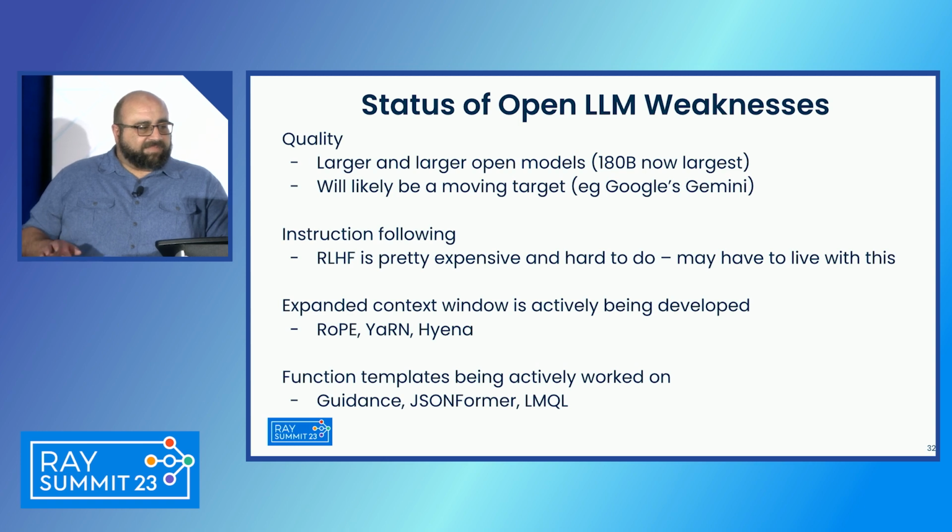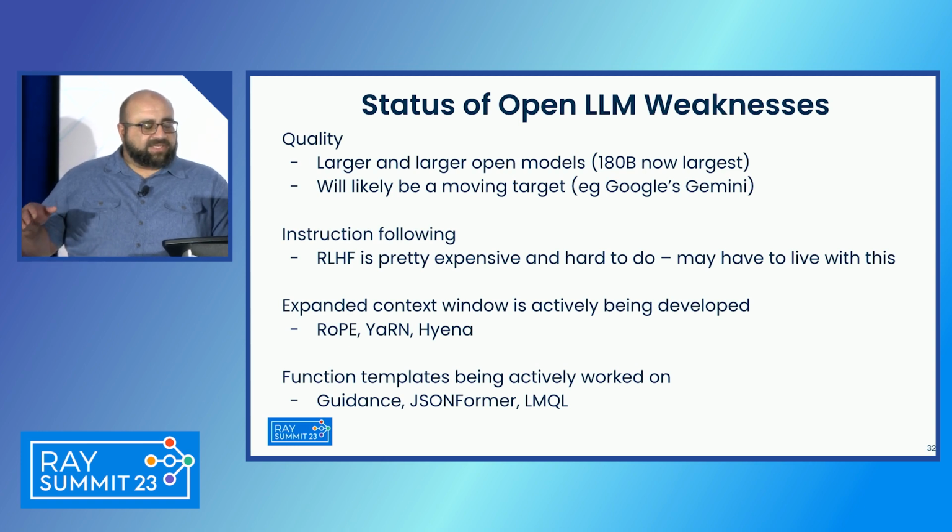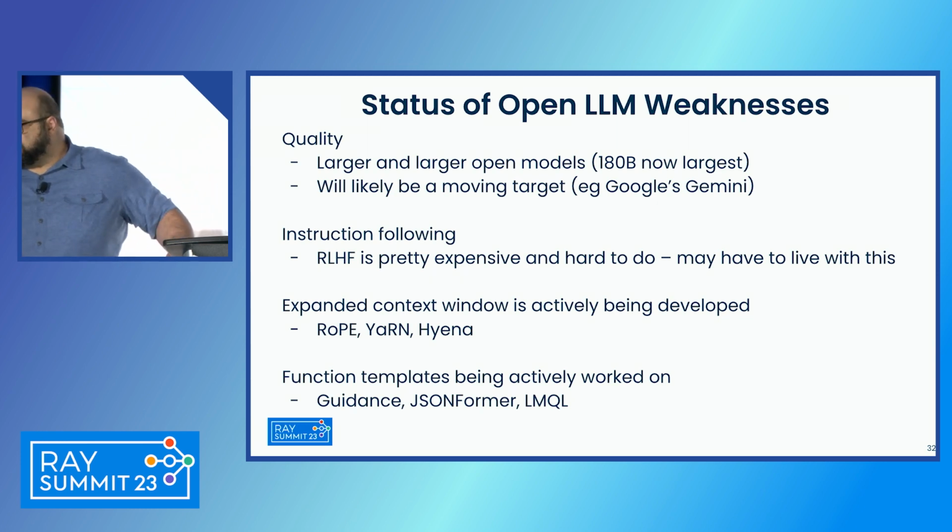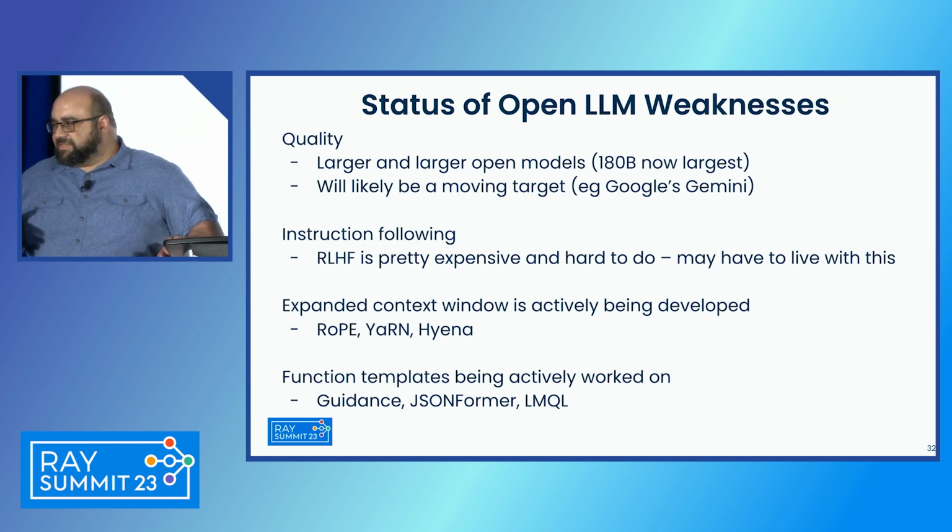Quality, I think what we're going to see in terms of quality is there'll be larger and larger open models. We also talked about Falcon 180B. But the other thing to think about is it's not just about model size, and neither is this a static goal. So there are rumors, for example, that Google has a system called Gemini that they're very close to making available that is considerably better than GPT-4. So I think there will always be a gap. It will always be that,